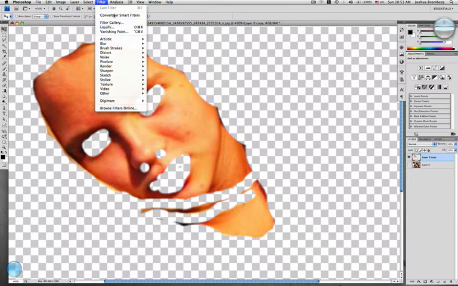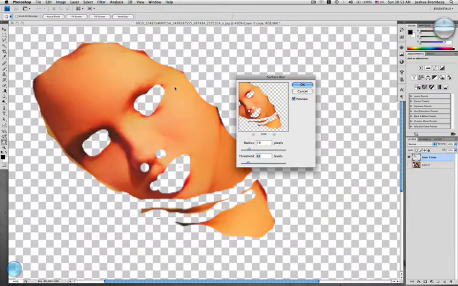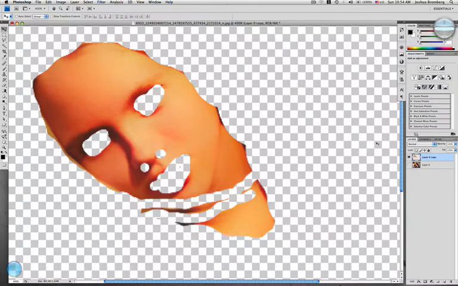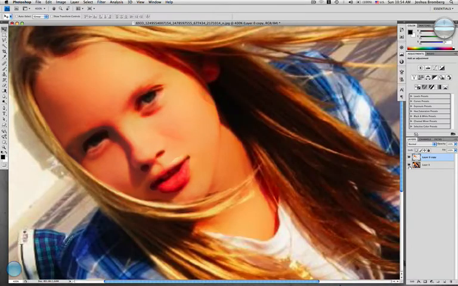Then go to Filter, Blur, and choose Surface Blur. And choose a pretty good amount of blur. Now, I found out that 19 for radius and 42 for threshold works pretty good with this photo. So I'm going to hit OK. And if we turn back on our background layer, we can see her skin looks a lot smoother, but it looks pretty fake. So what we're going to do next is grab our history brush